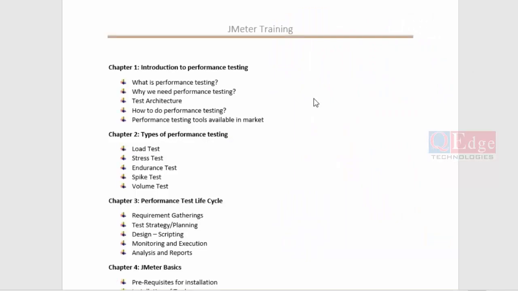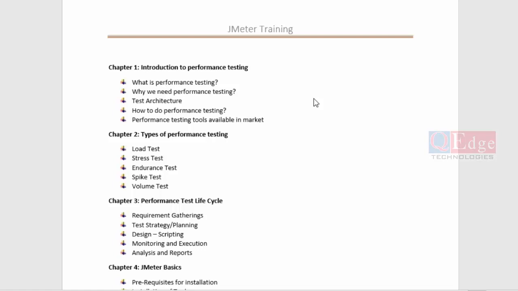This is the course where we'll try to cover the basics of performance testing, and we'll also go through the various modules of how the overall test architecture is going to be in place. In addition to that, we'll be mainly focusing on JMeter, which is an open source tool. Just to give a brief overview of the course content,